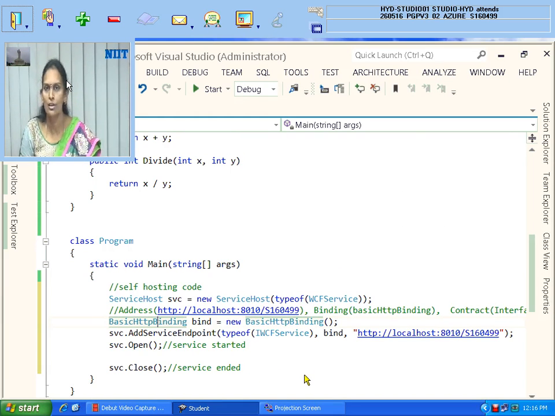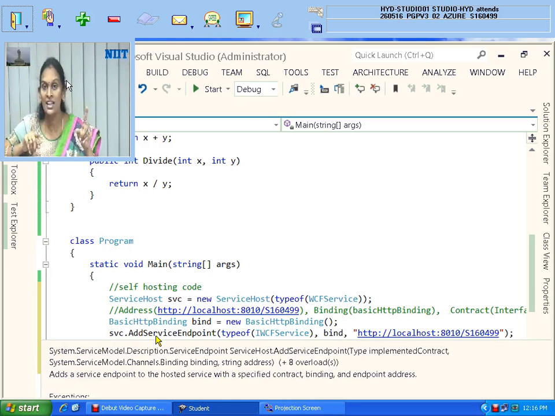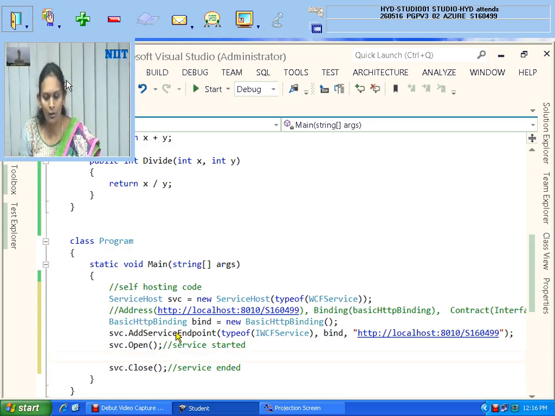Remember that it is very difficult. How can a consumer access it? You are opening and closing, opening, closing. When you run this application, it will be opened and closed, and your server is closed. When the server is closed, how can the client access it? This is a server application. Only when the server and service are in running state can my client access it. You are opening and closing, so how?